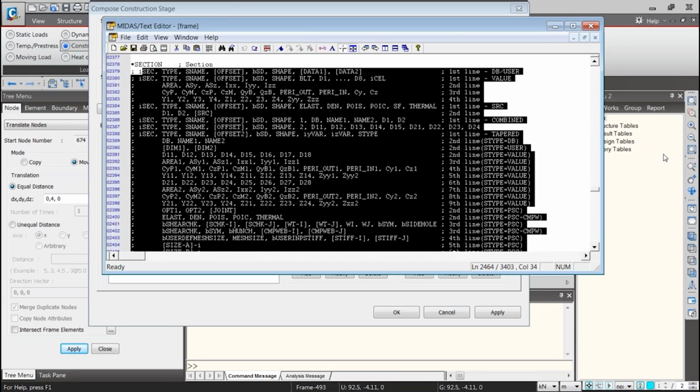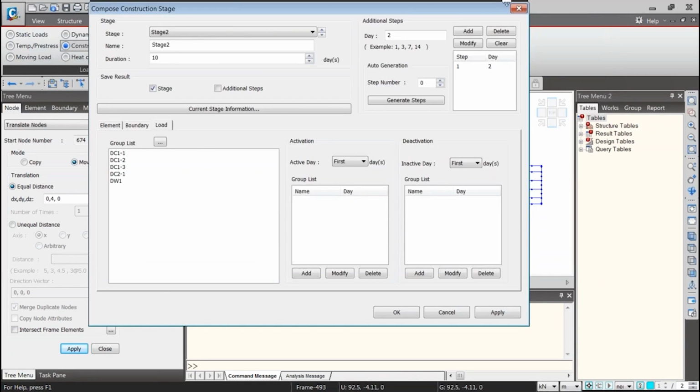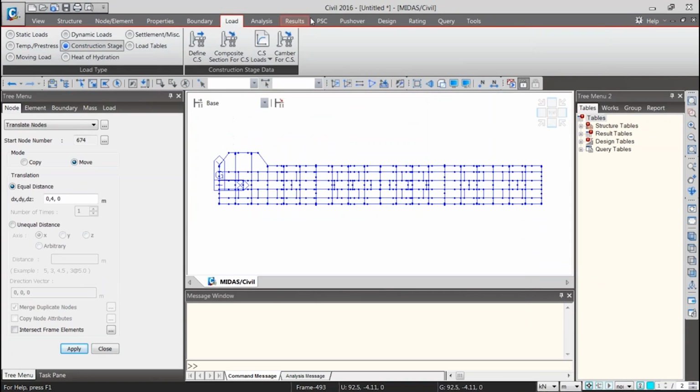Does Midas recognize curved steel plate girders automatically so that it will design them accordingly, or kinked girders? Yes, it does. If you have a curved steel plate girder, then you have an option in design to include the effect of that also. I will show you briefly where it is.